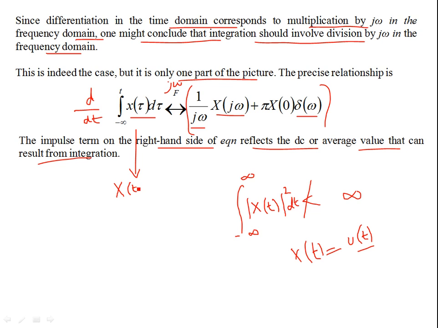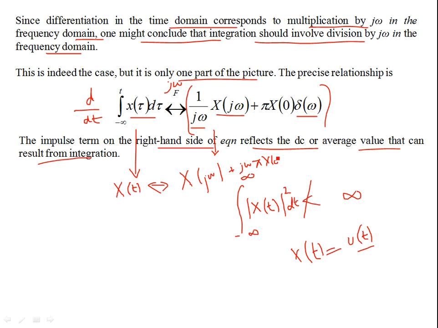If you take the differential, that will be x(t), and the Fourier pair will imply the multiplication with j omega. So the first term is X(j omega). The second term will be plus j omega times pi X(0)